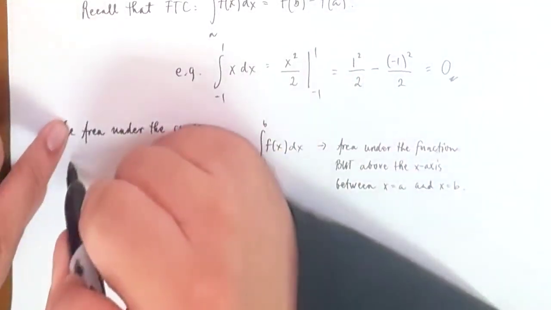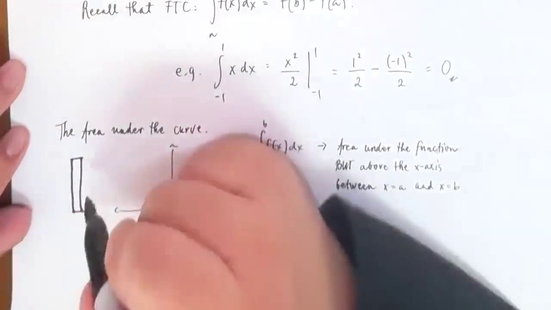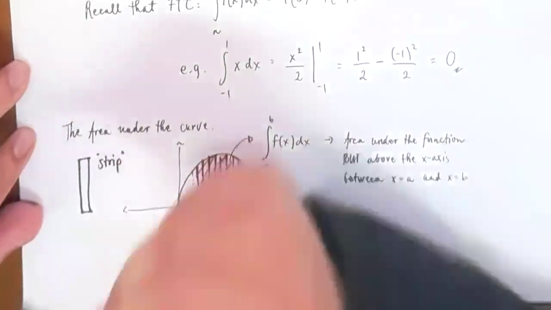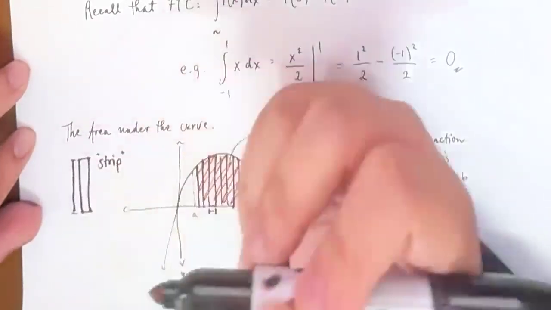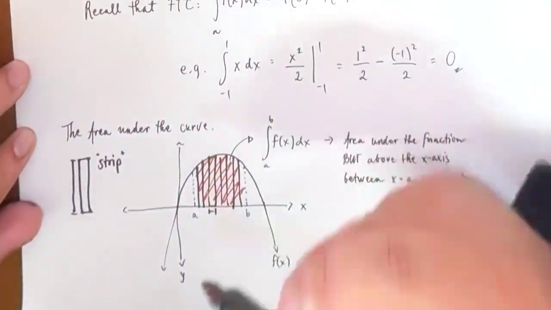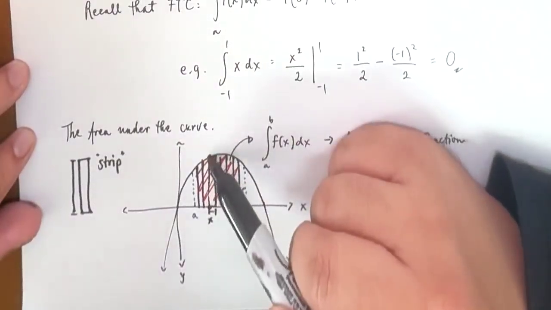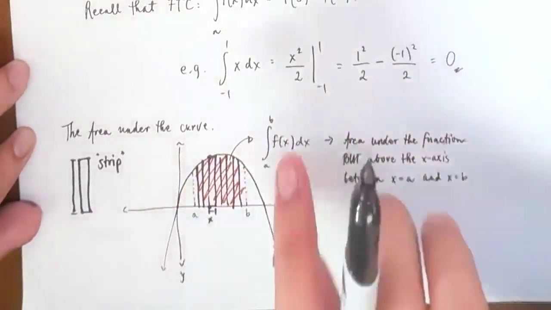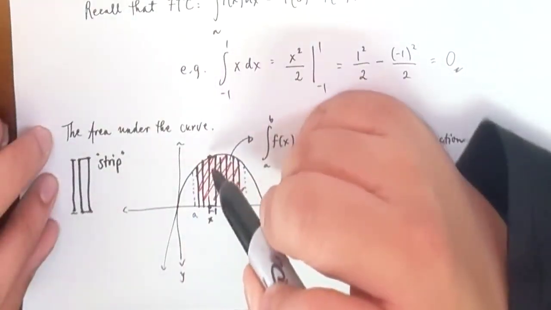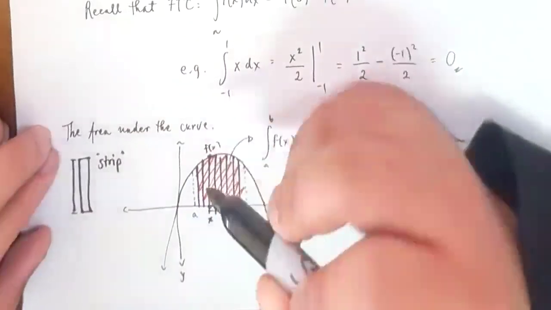If we blow up that rectangle here, let's call this the strip. The height of this rectangle is exactly the value of f of x at that point. So if we have x here, the height of the rectangle will be given by where f of x is on the graph. So the height is f of x,